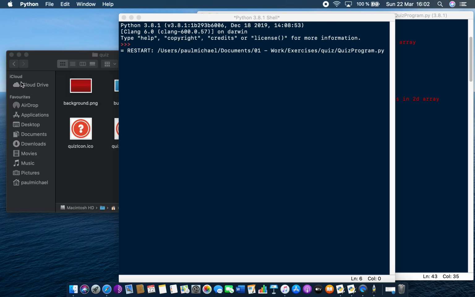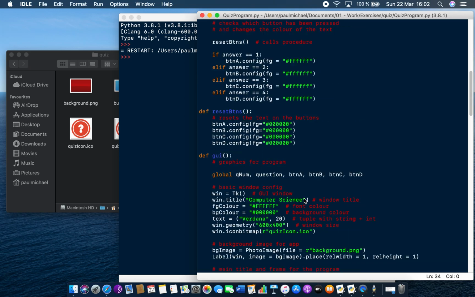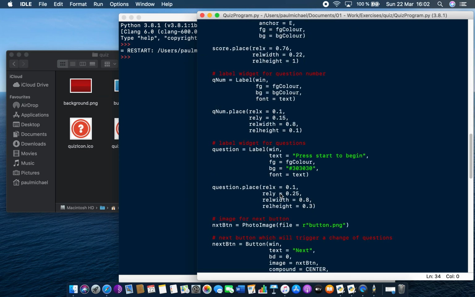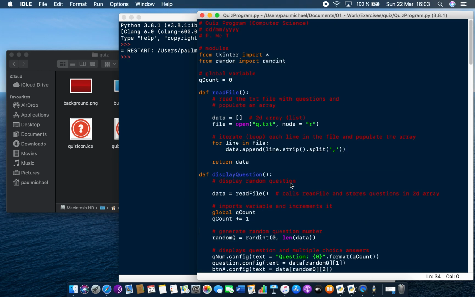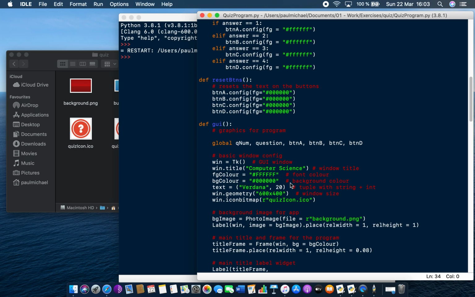Either, if you've done all your buttons and so on using relative width and height, as I have for my quiz, but you may not have been, you might have to just adjust them. You've got the choice of changing your geometry. So this is under GUI. You've got Windows geometry, which is the window size. This here is the